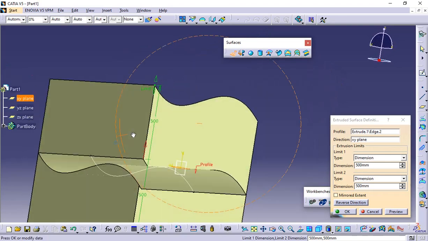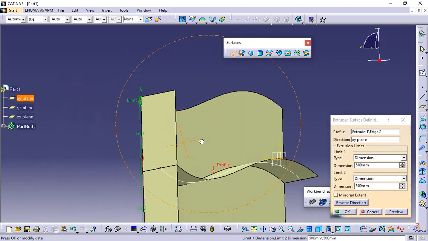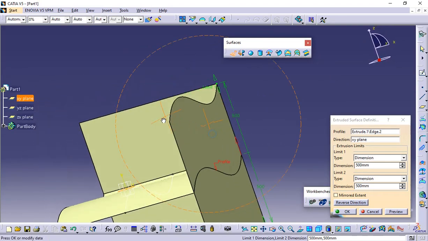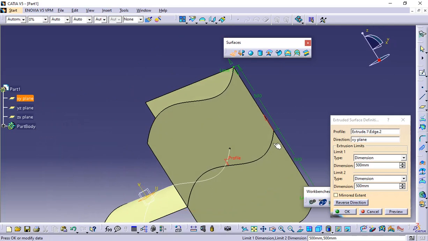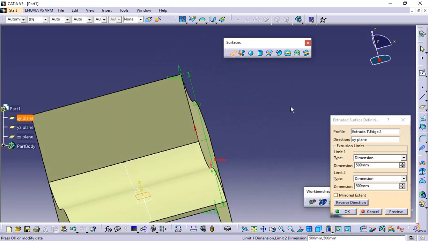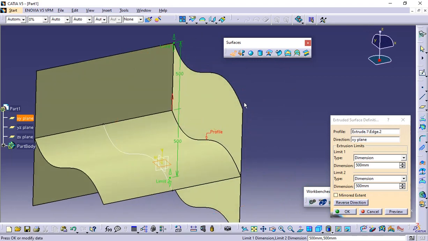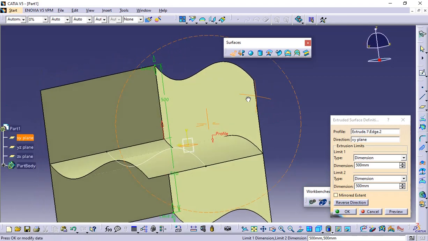So here I got the shape like this from the edge itself of the already created profile without creating any 2D sketch as a